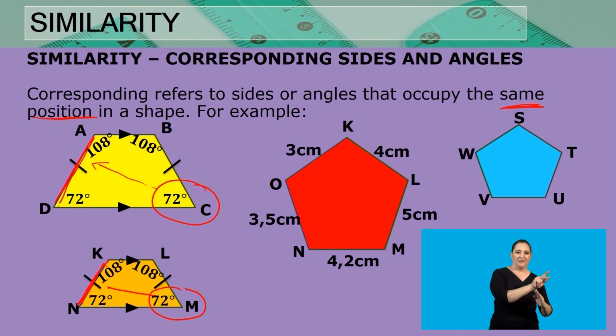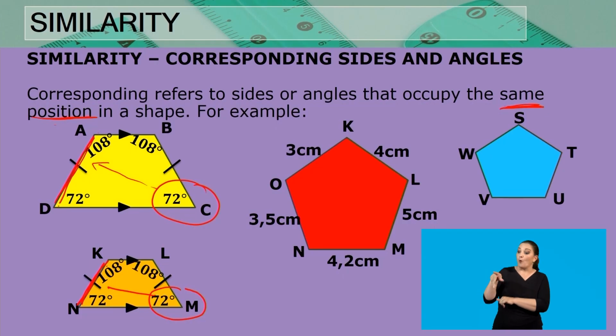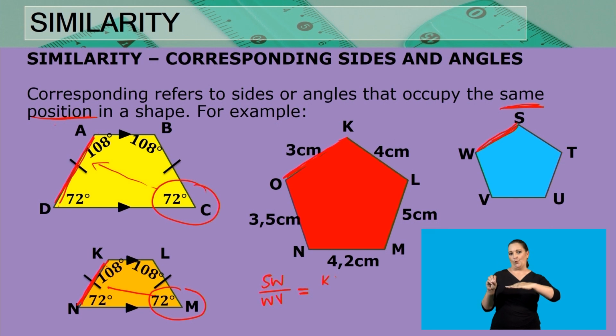So when shapes are also similar, what we should know about their corresponding sides is that they will be proportional. So let's look at this pentagon that we have been given here. And if we were told that these two shapes are similar, then we would know that the ratio of SW divided by WV would be equal to, now because we were told that they are similar, that means that SW corresponds with KO. So this would mean that it would be equal to KO divided by,